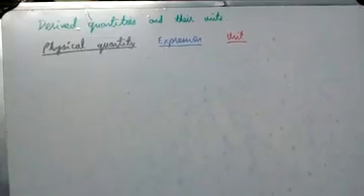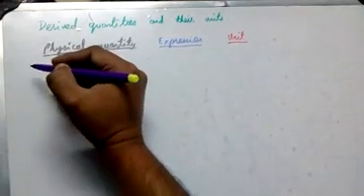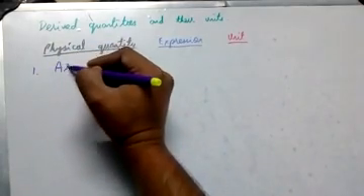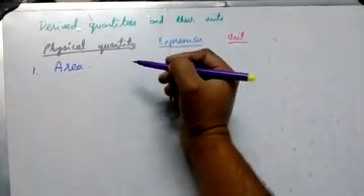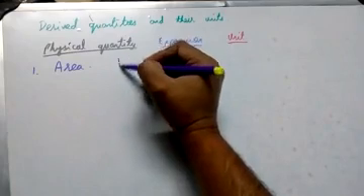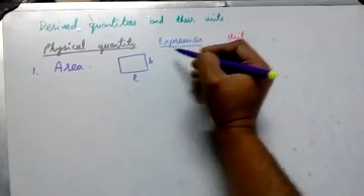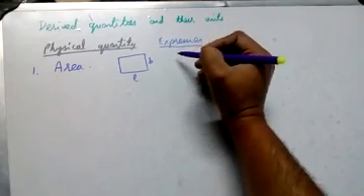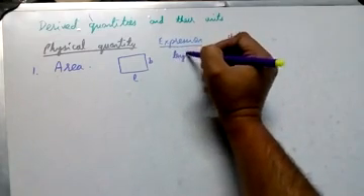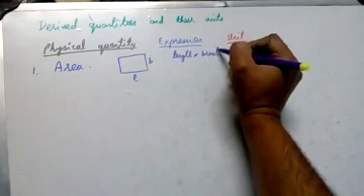Now let us study a few derived quantities and their units. If you see in the book, many derived quantities are given. We'll go through each one by one a little later, but now we'll see only the basic ones. The first one I take here is area. Let's take the area of a square or rectangle. I'll draw it for you. Area will be length into breadth. That will give us the area.